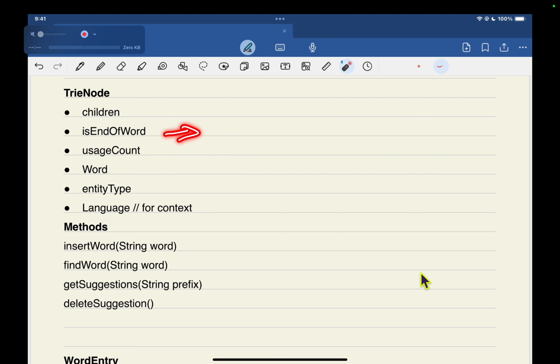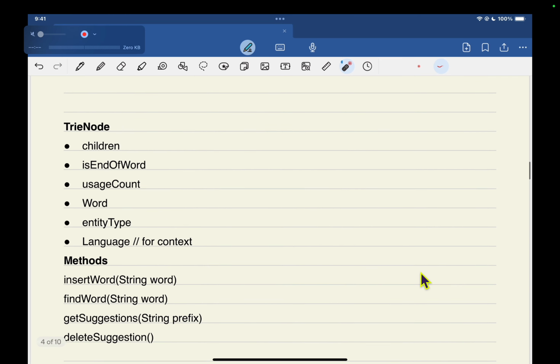At the point when we are marking any node as end of word, we need to set the word variable as well, that whole word, whatever it has created till now. Like when we are writing print and at t we are marking is end of word, then all the characters that we have gathered till now will add up and create the word print, right? Entity type we already discussed,